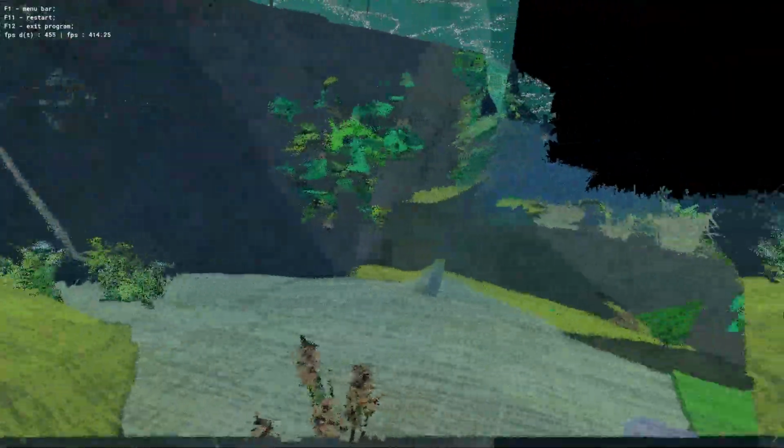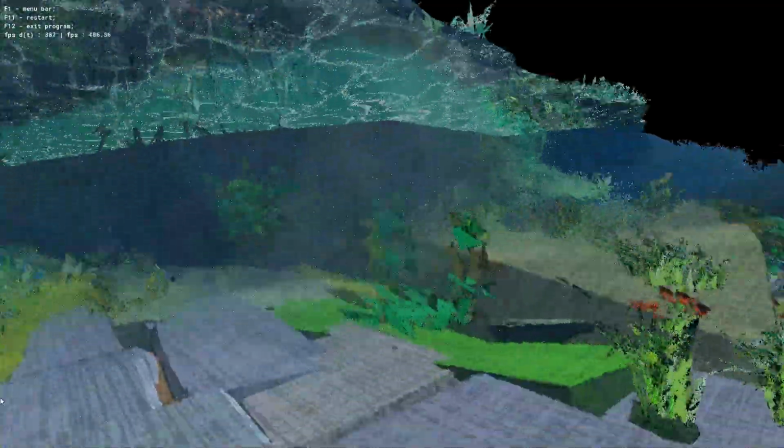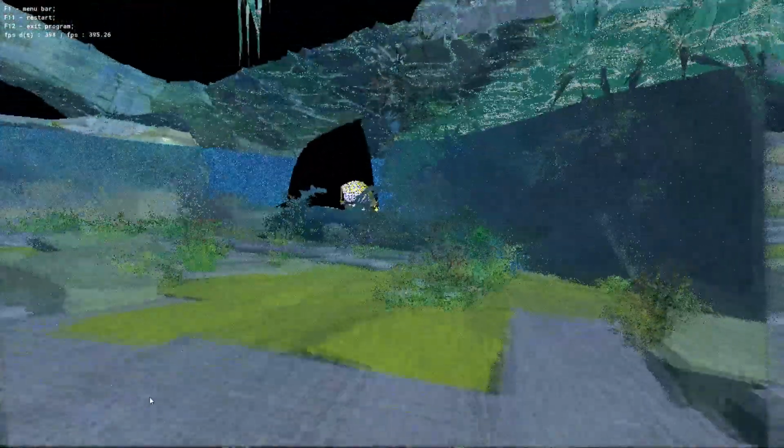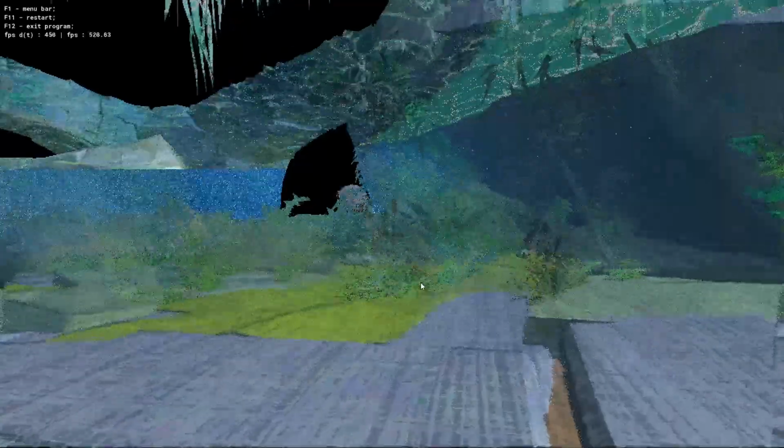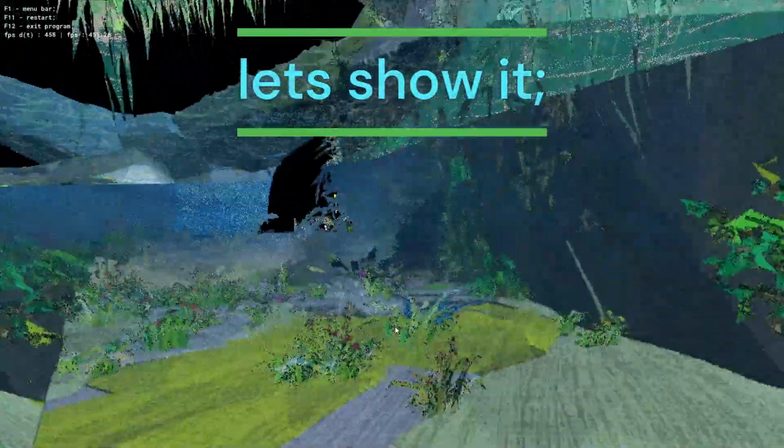So the nearer we go, the more we see. And another thing, if we move the camera, the blur is bigger, because it is taking the difference in XYZ position of every pixel, because every pixel here has an XYZ position. So it works that way. If you want to see the surfaces we are using,